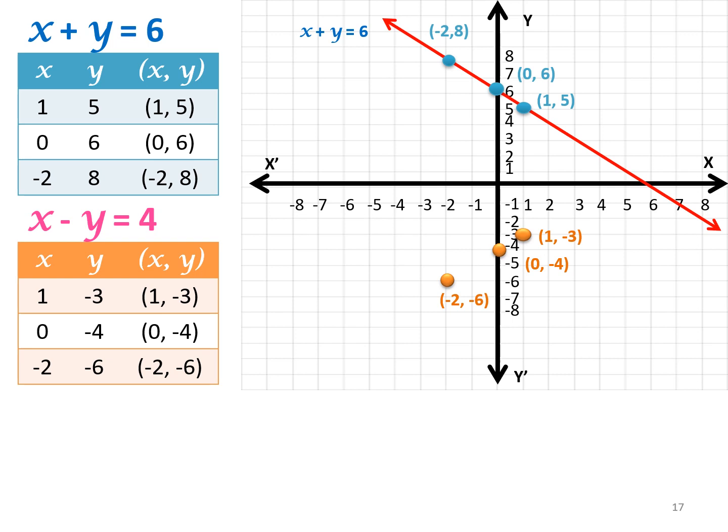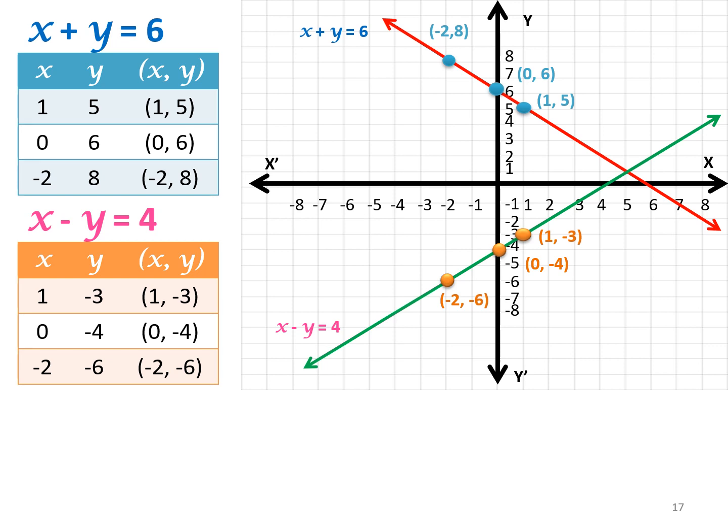Now I will be drawing a line passing through the 3 points. So when I draw, I get this green color line. This green color line represents equation x minus y is equal to 4. So the two equation lines, x plus y is equal to 6 and x minus y is equal to 4, intersect at a single point. If you can see on the graph, it is intersecting at a single point.